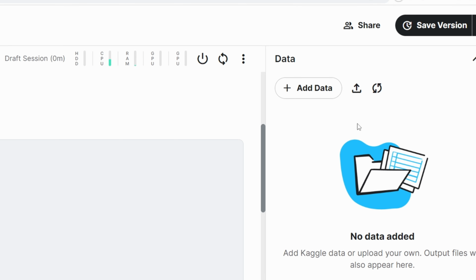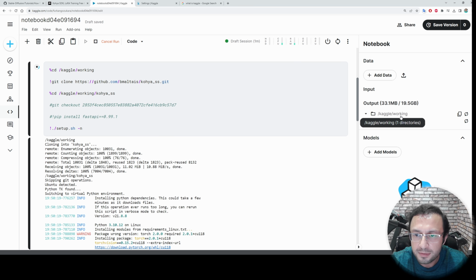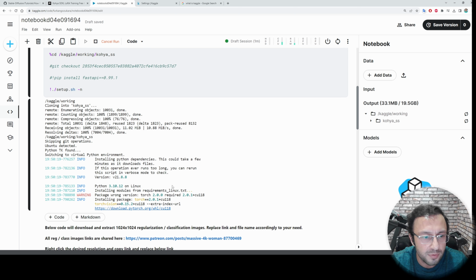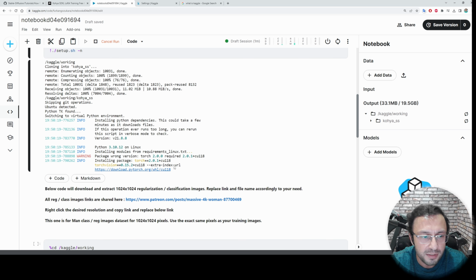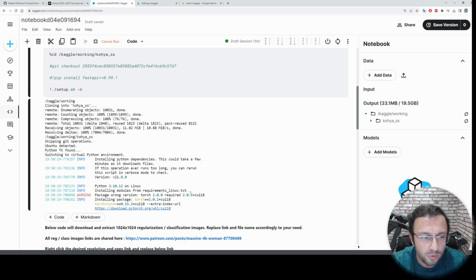So about Kaggle, the only thing that you need to know is the path. When I click here, you see it shows my Kaggle working directory. This is where our files will be saved during runtime. Only during runtime. So when we terminate our session by clicking here, they will get all deleted. So Kaggle working is our path, our root directory. You see it has cloned it into here. Now it is installing all of the necessary packages. Just patiently wait until this operation is 100% completed.